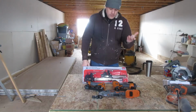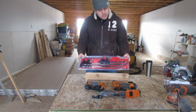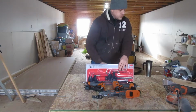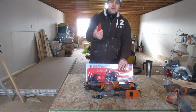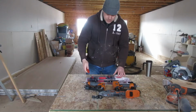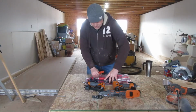Another wonderful thing you get is clamps. I was lucky enough to have someone get me some Bessey clamps. There's 4 clamps in here, which we have to get to. And then another bonus was we got a knife. It's always good to have the good old Stanley utility knife so that you can get into your Christmas presents. We're just gonna open this guy up. Probably could have used the JobMax, but